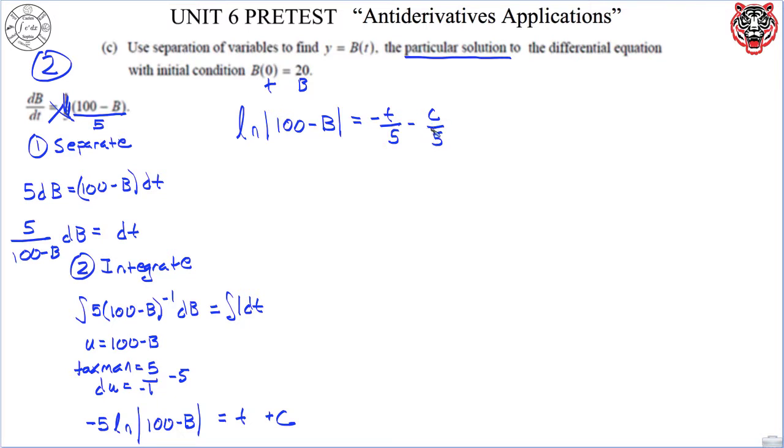And this might be a little bit counterintuitive. It's like, oh, well, c can be anything. Can I just leave it as c? And the answer is, unfortunately, no. You have to do this. All right, now I'm going to get rid of the natural logarithm. The way that I do that is by